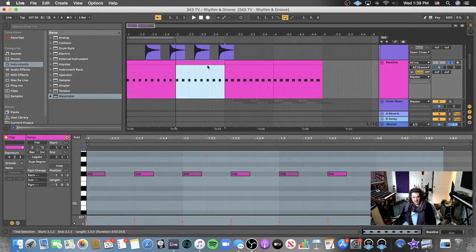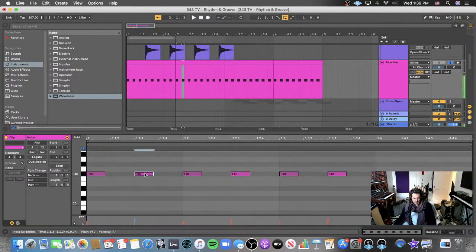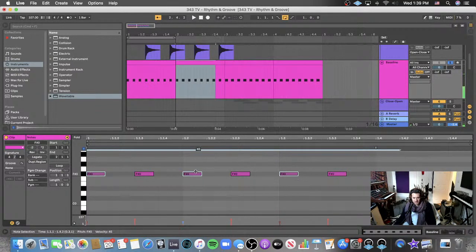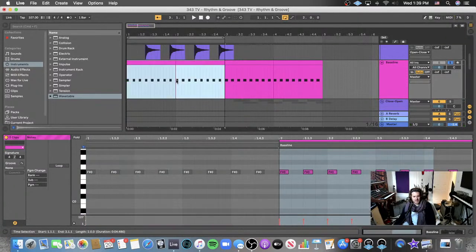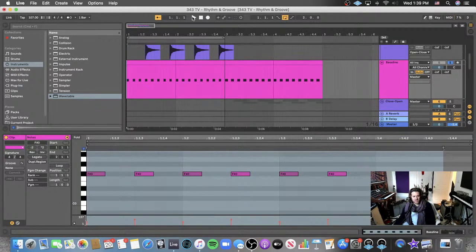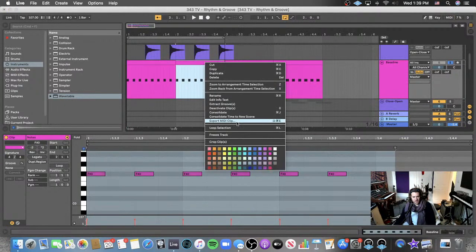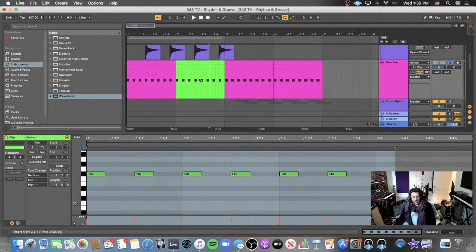Then let's take the same thing and let's see, this is 77 velocity, it's 45. Put these up to 77. Listen to how distinctly different the feeling is, the sense of propulsion and thrust and groove between this one and this one, right? So this one doesn't have any